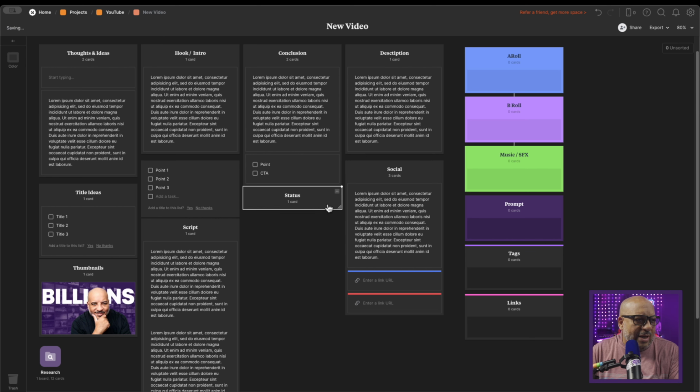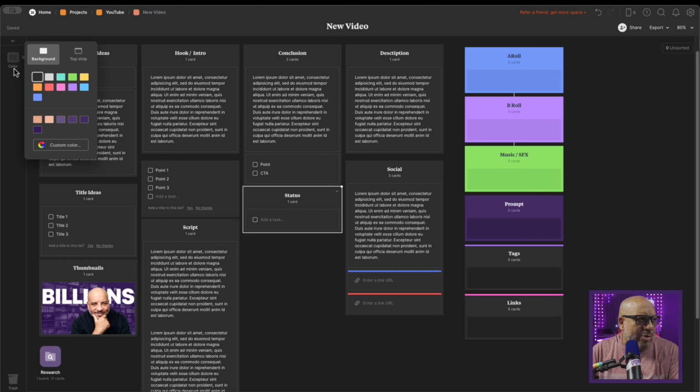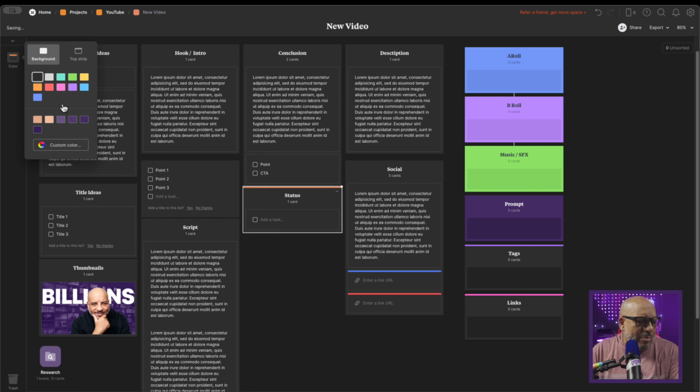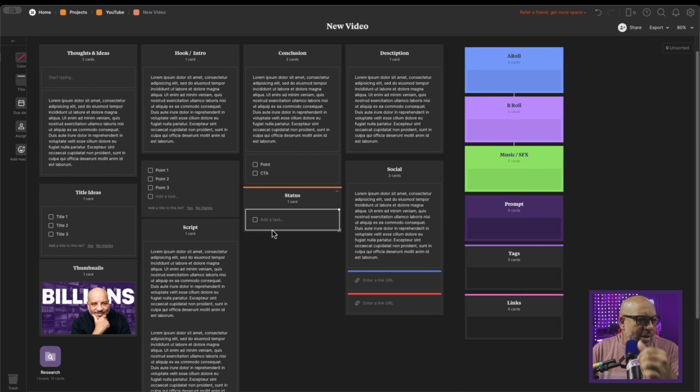I could do things like click on this card to expand or collapse. I could click on this guy to go to color, and it could either be an entire background color, which is a little bit bright for this. So in this particular case, I'll do it as a top color, and then I'll take the background and put it back to normal. So you could do either or. As you'll notice, some of these have lines, some of these are full color. And then under the status, I would just put in